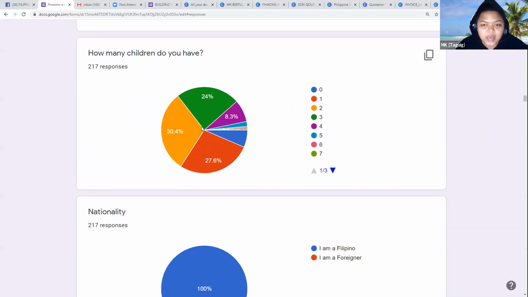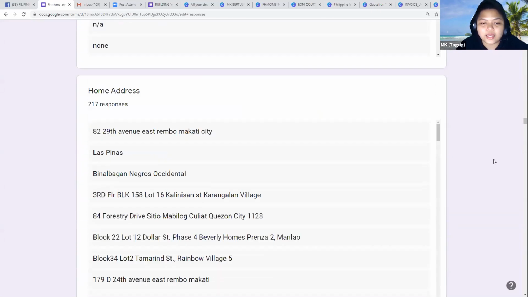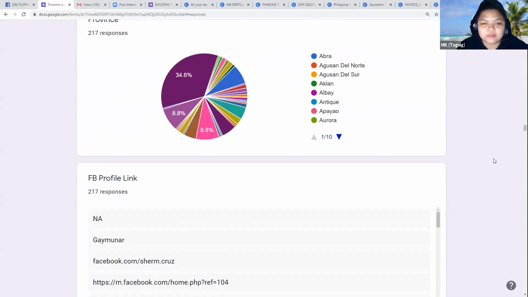So for example, how many children do you have? So yan, 'di ba? So just tell your members that this is gonna be used to help you in crafting your, or in thinking of new projects for them. This can also be shared to, kasi we have this data privacy na law. So make sure then na be careful in sharing to your brand. So I'll let you know kung ano lang yung mga pwede nyong i-share sa kanila, no? So hold on for a sec. Hindi yan. These are sensitive info.